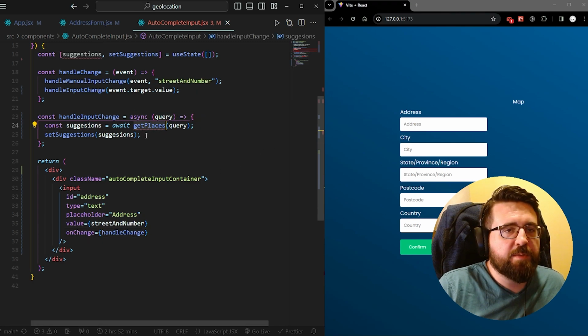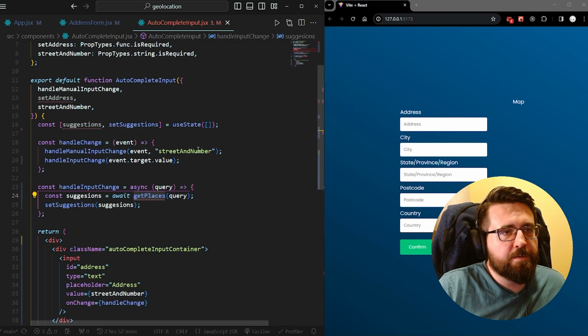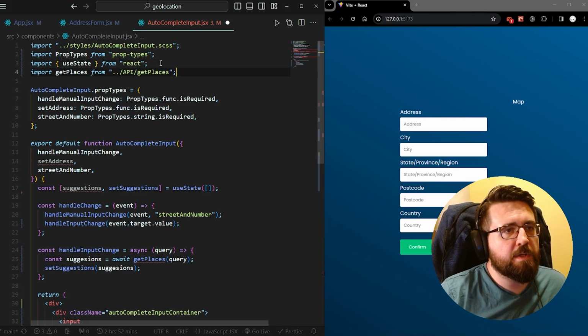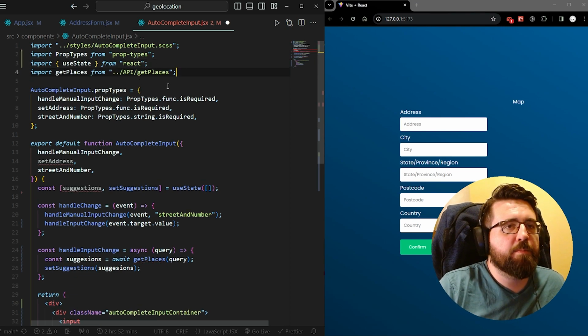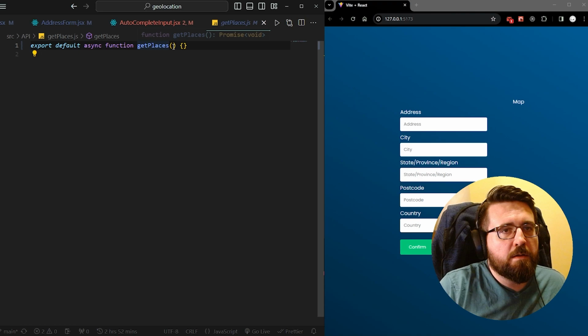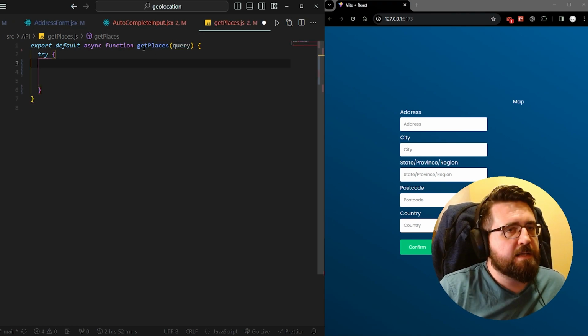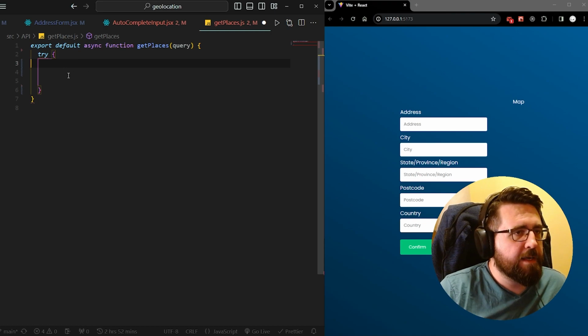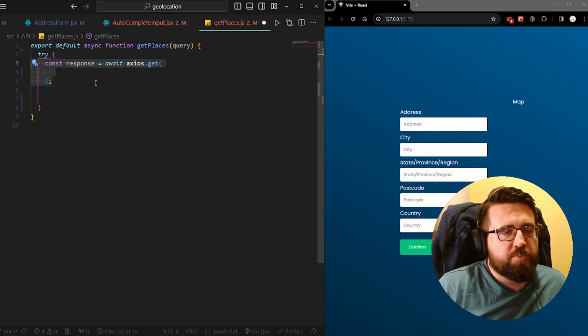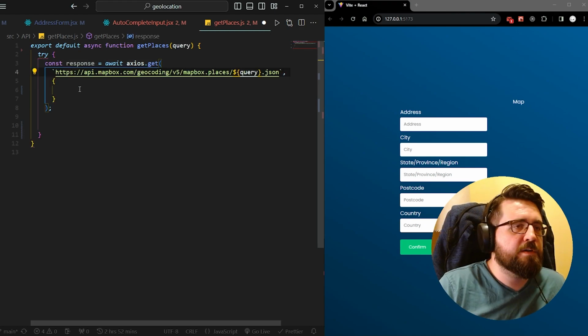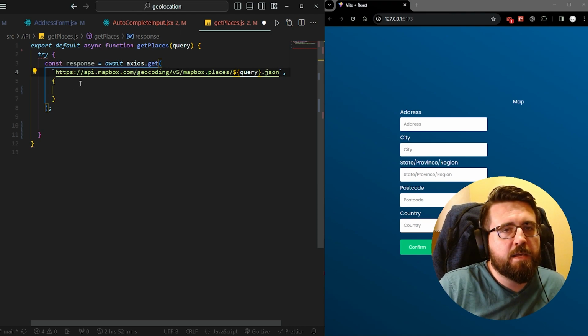So now we need to implement this function over here. First of all, we are going to import getPlaces from API getPlaces. Like we said, we are going to have a parameter here called query. Inside of the function, we are going to have a try-catch block. Inside of the try-catch block, we're going to say const response equals await axios.get. As a first parameter, we're going to have a URL to our API's endpoint, which is